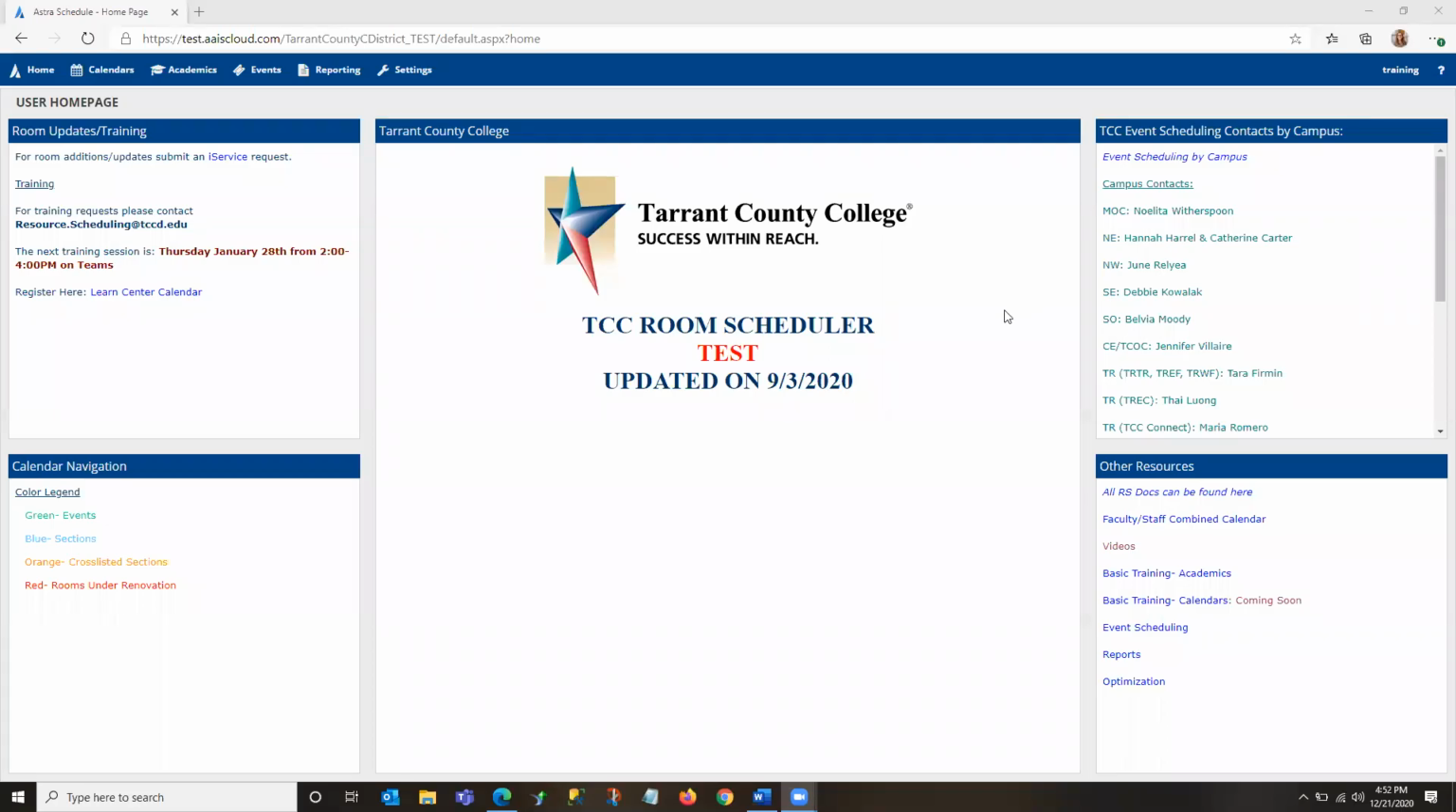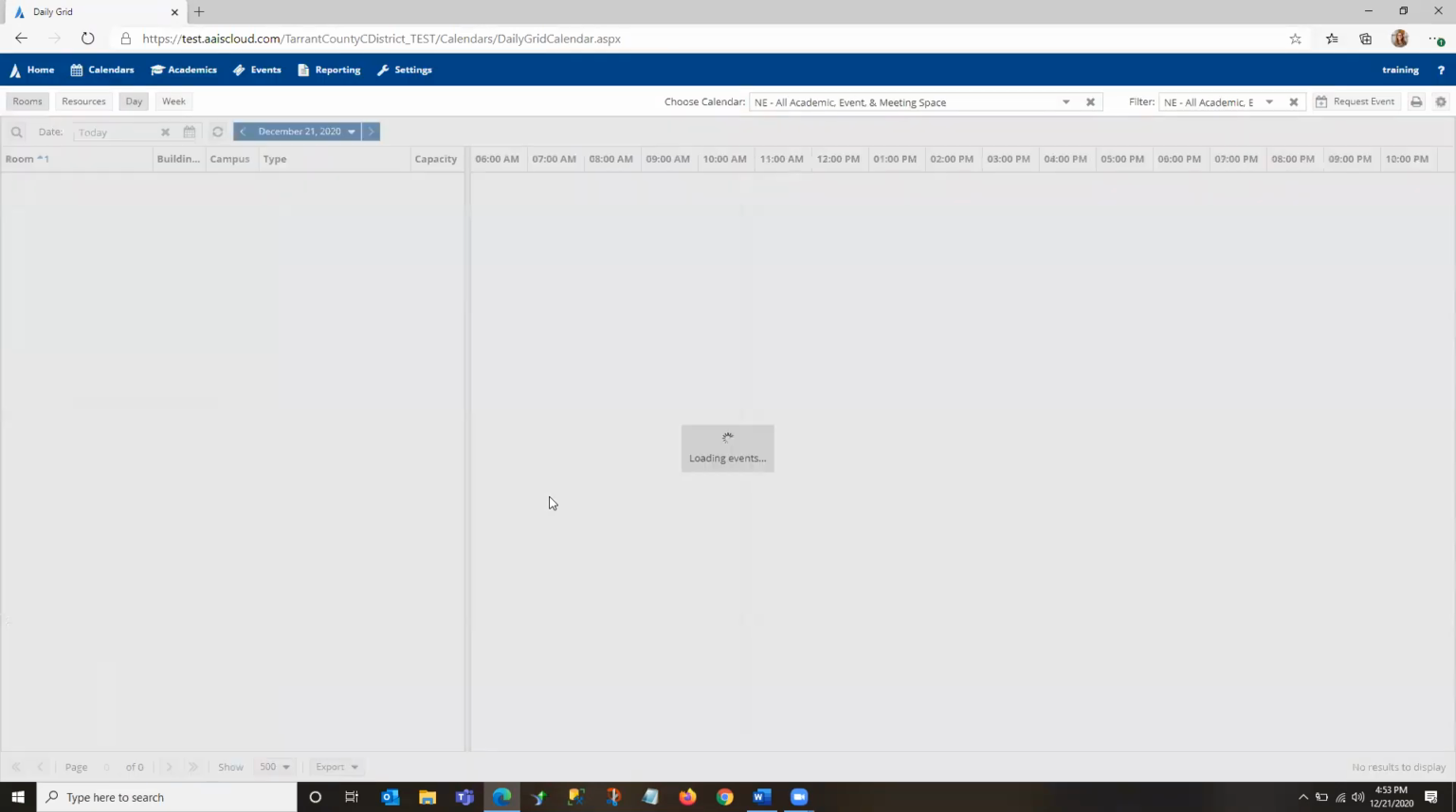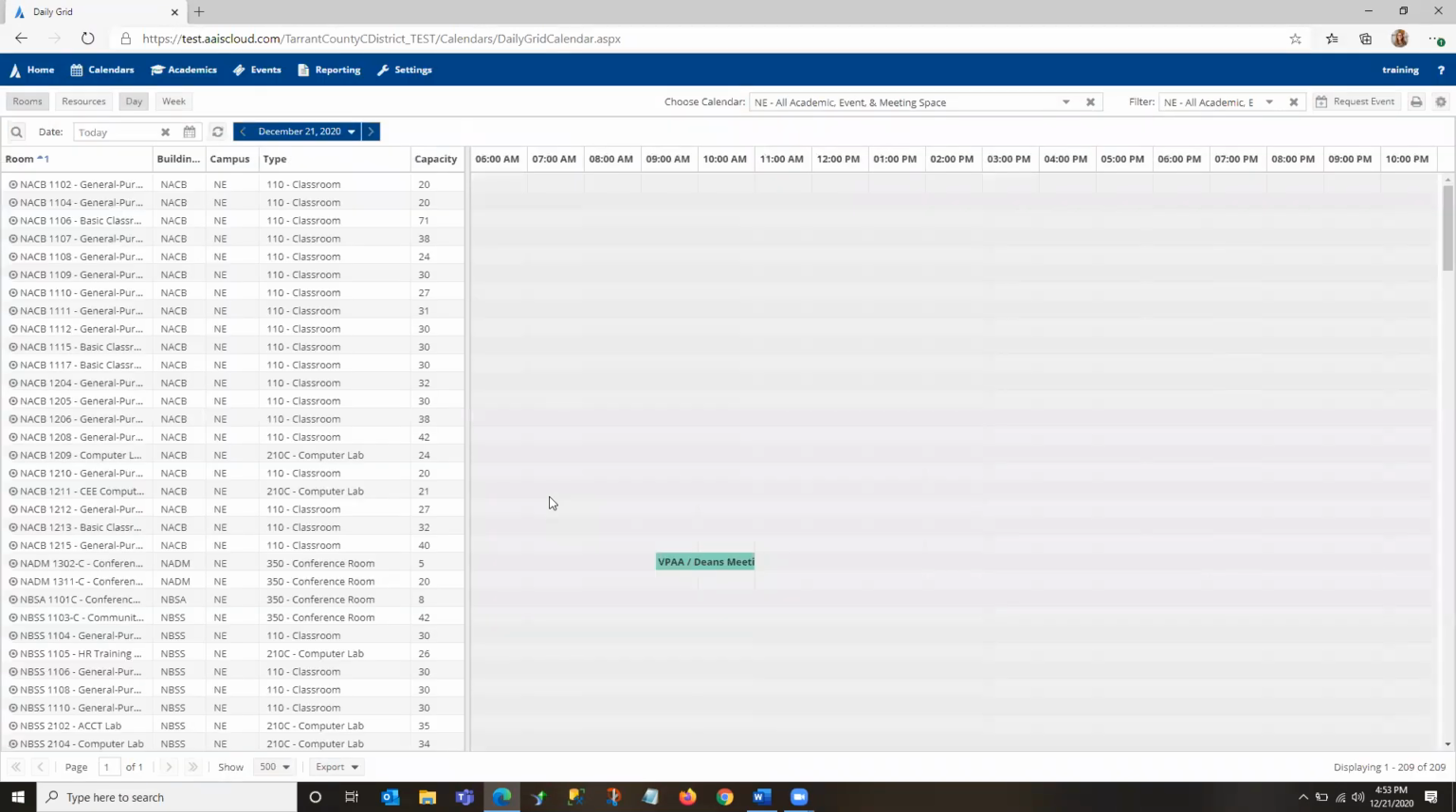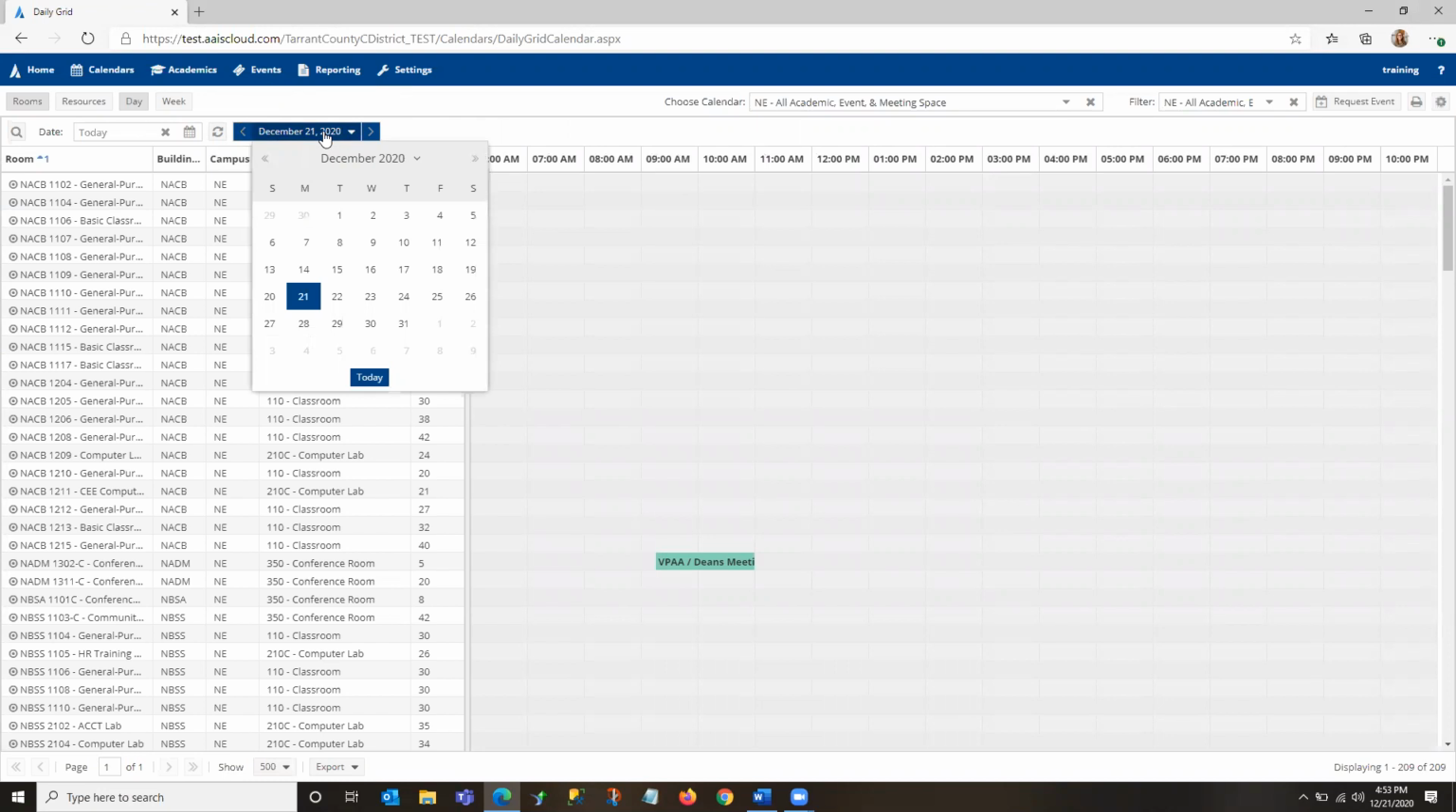To view calendars in Astra Schedule, navigate to the Calendars tab and the Scheduling Grids link. The Scheduling Grid defaults to a daily view of today's activities, both events and sections or classes, and it will always default to today's date. To change the date, you will simply click the date bar here,